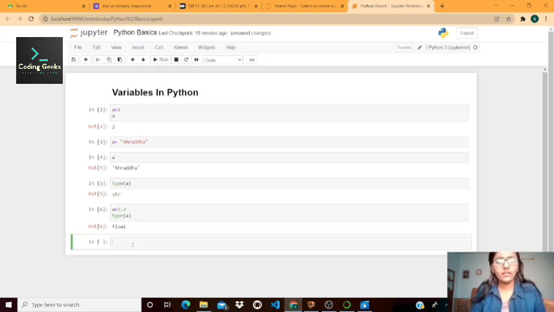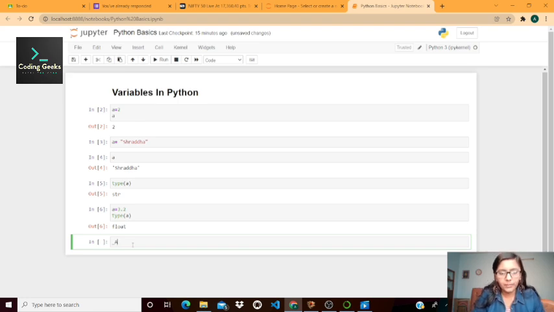You can use small letters like small a, small b, small c, small d, and you can also give capital letters, and you can also give an underscore with a.